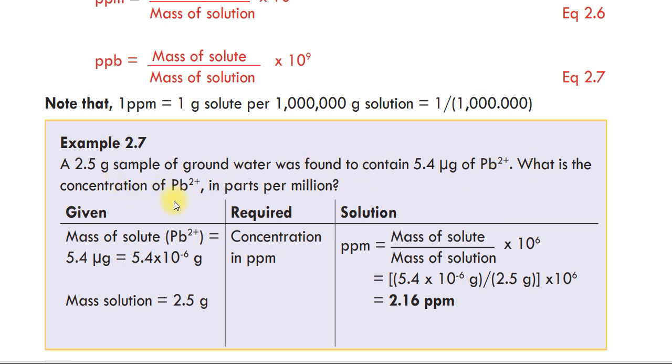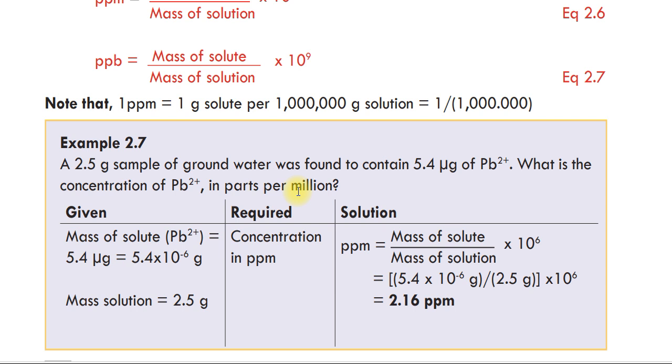What is the concentration of lead or simply lead ion in part per million? አይታችኋል አጠያየቁ ግራውንድ ዋተር አለ ወይም የከርሰ ምድር ውሃ ማለት ነው የከርሰ ምድር ውሃ መጠኑ 2.5 ግራም ነው ሳምፕል ነው then በዚህ 2.5 ግራም ዋተር ውስጥ 5.4 ማይክሮግራም ኦፍ ሊድ አዮን አለ ስለዚህ what is the concentration of lead ion